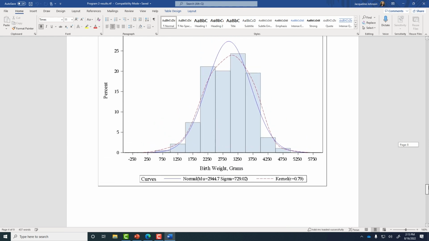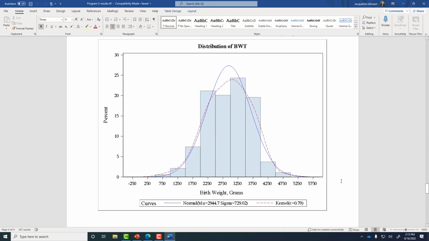Then this last graph is a graph of the baby's birth weight. So this is going to be our outcome, and this is the variable whose distribution we are most concerned about. Once again, the blue curve is a normal distribution, and the red curve is the estimated distribution for these data. We see that the red curve shows a very symmetric distribution. Our peak isn't quite as high as the normal distribution, but for the most part, this looks roughly mound-shaped, roughly symmetric. So it looks like a good distribution in terms of normality.